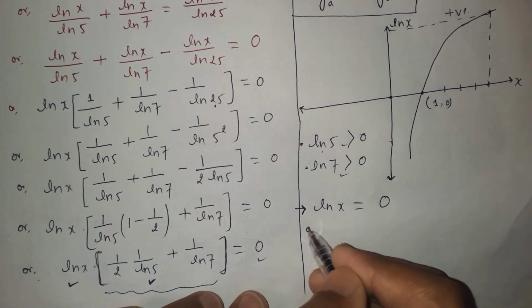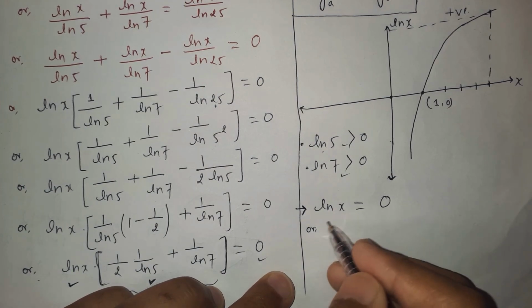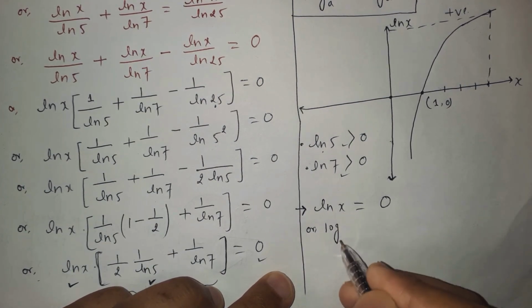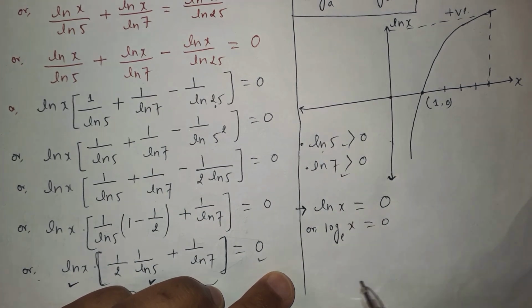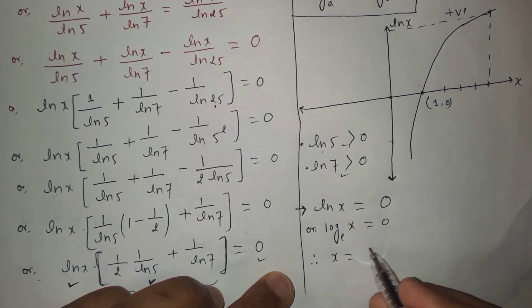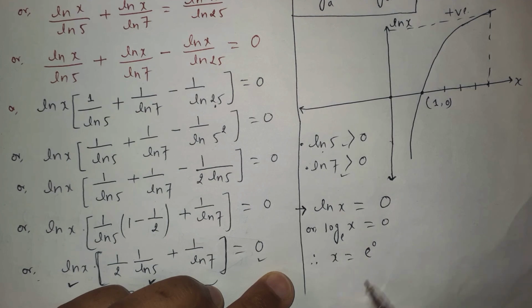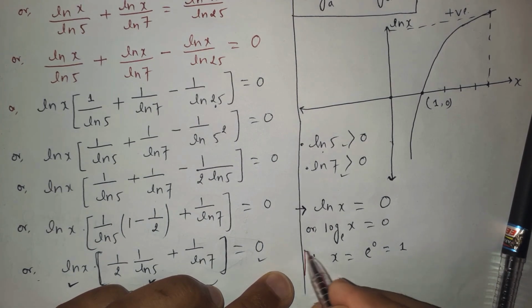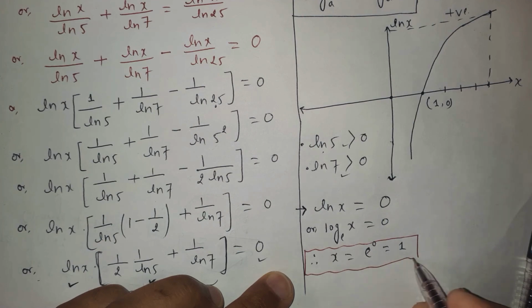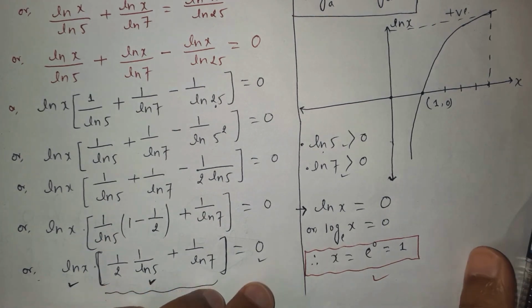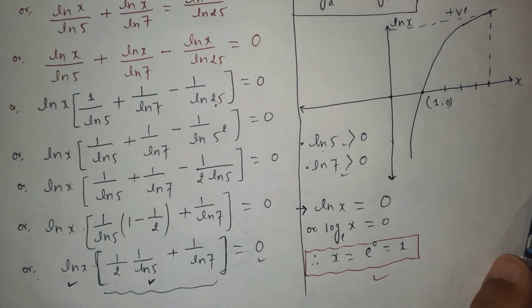This can be further written as, here the ln means log with the base e. This is just log with base e of x equals 0. The value of x is just raising the power of the base to the number 0. Here we can write e raised to the power 0 for x, for the argument. Therefore e raised to the power 0 is 1. Therefore we finally obtain the possible value of x as 1.